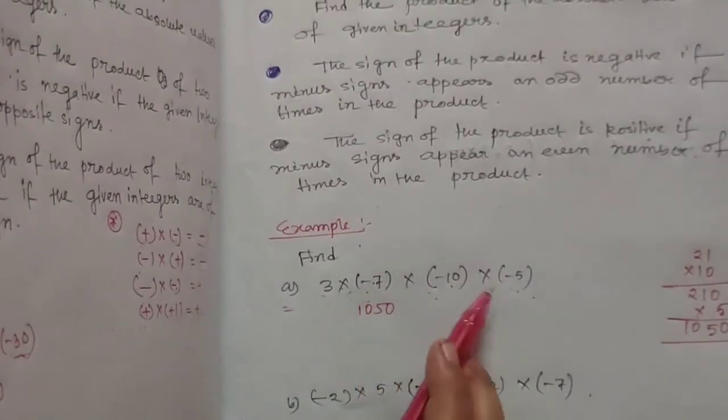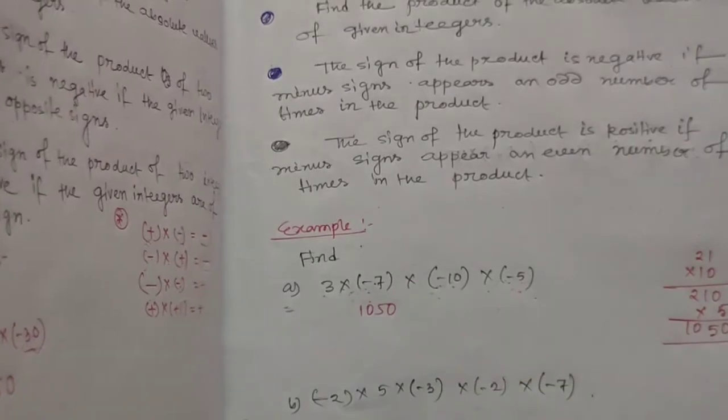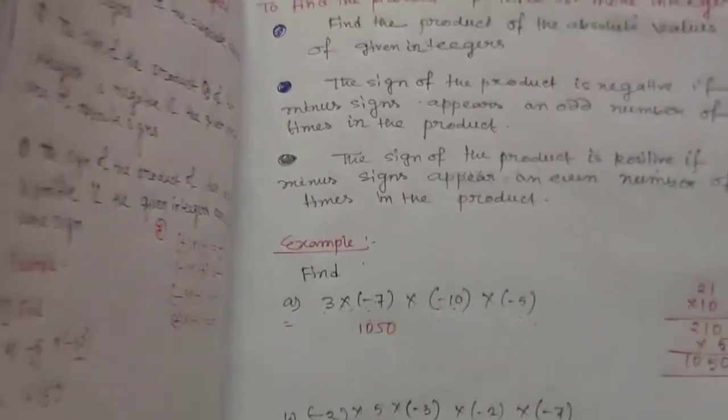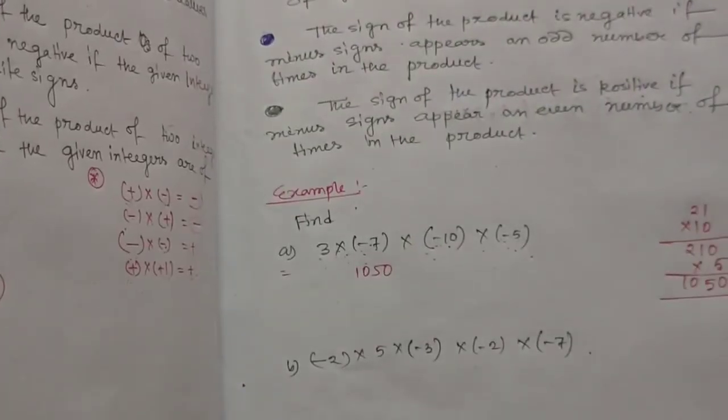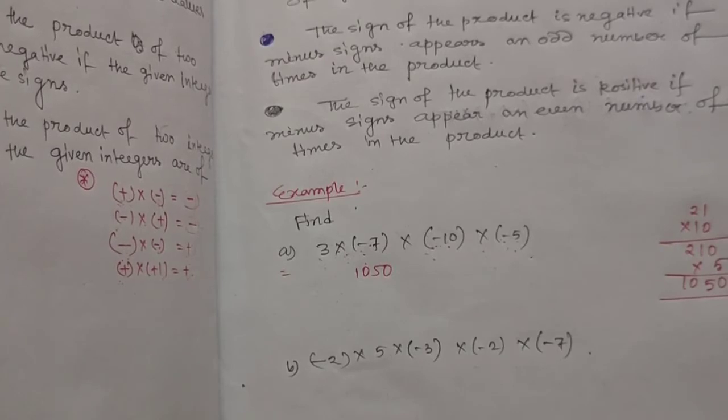So let's count the minus signs. 1, 2, 3. So the minus sign appears 3 times, and 3 is an odd number. So I have told you that if the minus sign appears an odd number of times,